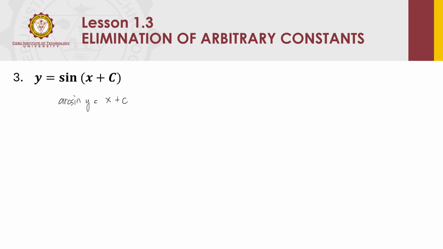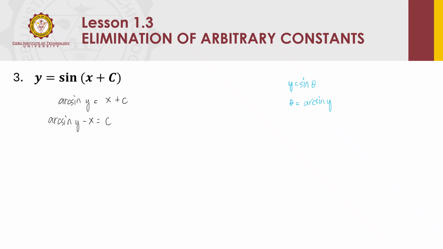Okay. Example in trigonometry, let's recall. For trigonometry, we have to solve for an angle. For example, y equals sine of theta. So to solve for the angle, then you need to get arc sine of y, right? So that's what we are using to isolate the arbitrary constant c. So we can transfer the x to the left side so that we have only the arbitrary constant on the right side. Then perform differentiation.